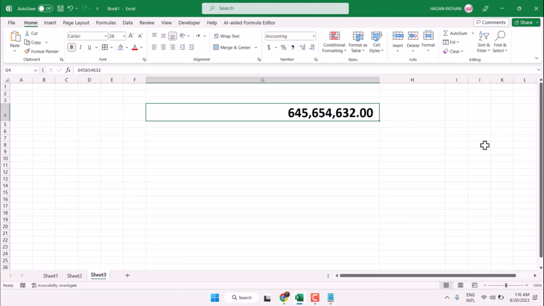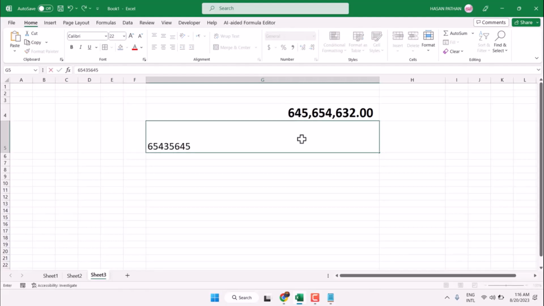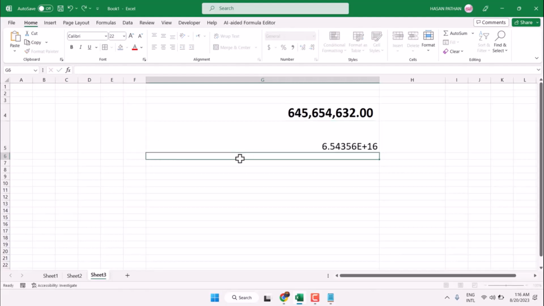In this video, I will show you how to add decimal separator in your numbers in Microsoft Excel like this. So guys, if you type any number and you need this decimal separator